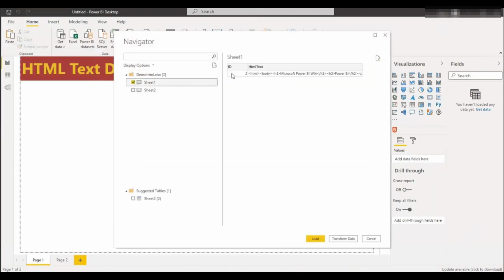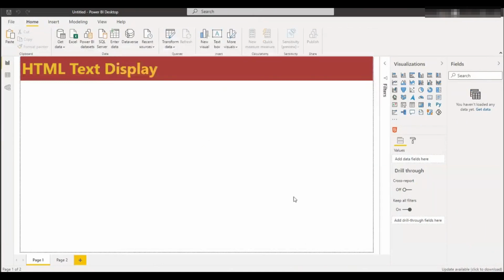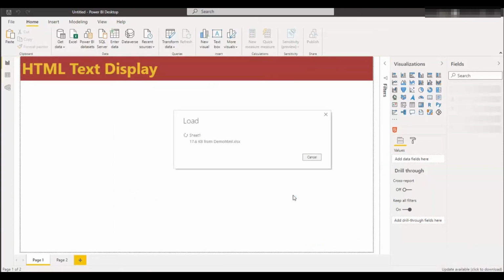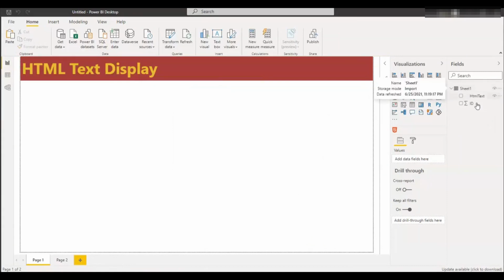You can see the column ID 1 and my HTML text, and I'll say load. The data is getting loaded here. You can see two columns, one is ID and one is HTML text.